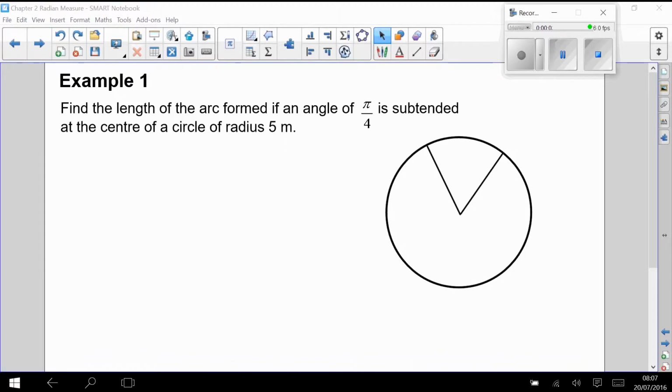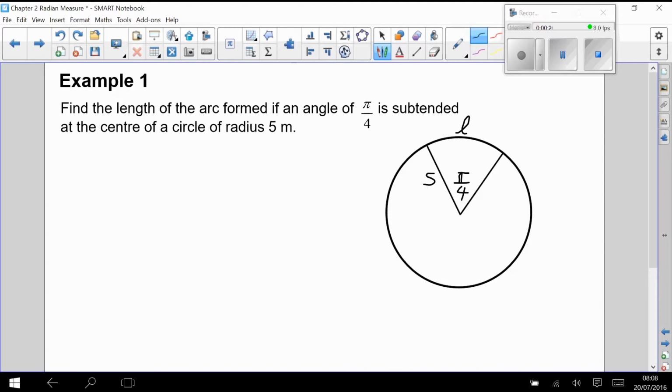Now that we know how to measure an angle in a circle in radians, we're going to take a look and see if we can do this example. I want to find the length of the arc that has been formed. In other words, I want to find this distance over here. The angle is pi over 4, and so that is this measurement over here, and they say that the radius